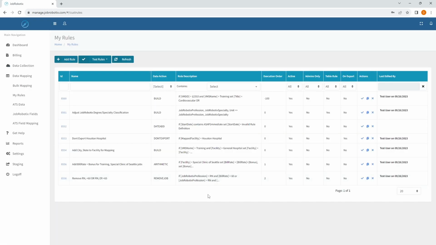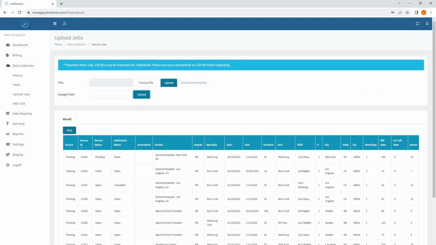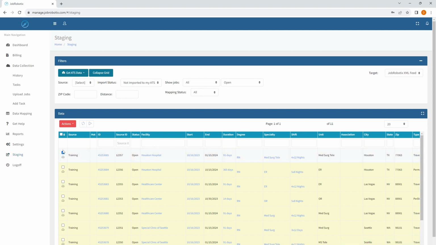So I'm going to save this, and the example that we have is through a spreadsheet. Normally you can go into JobRobotix, select the job, click Actions, reapply, and that's how you would have it reapply. But with spreadsheet jobs, I have to re-upload it to get it to apply. So just trying to get back to that